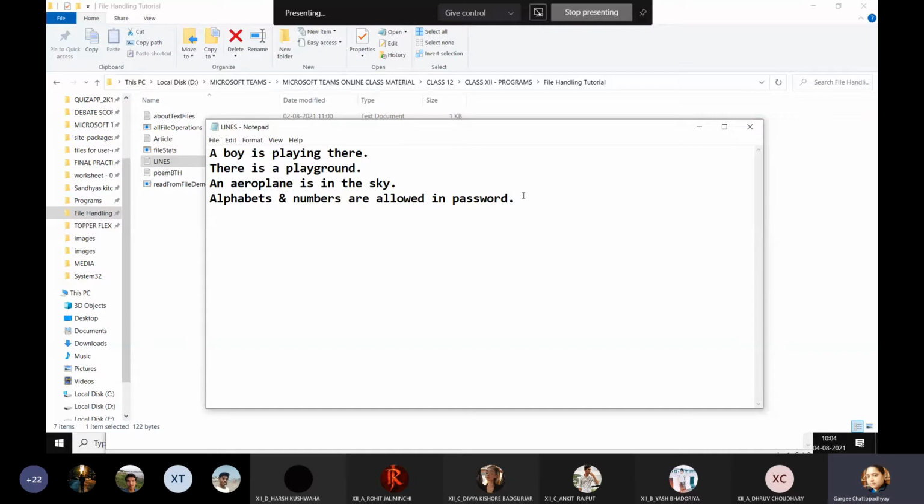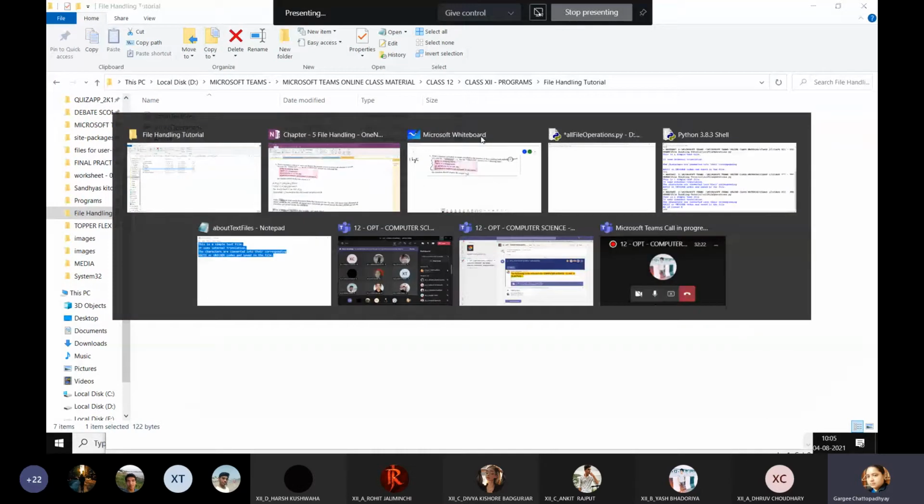If you want to check, your cursor which is blinking here should not go to the next line. So while you are at the end of this full stop, just press delete a few times. This would remove any blank lines after the end of the file. Save your file and close it, right? Now we come back to our program.